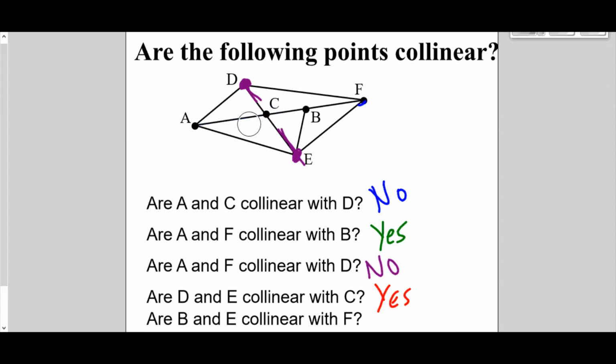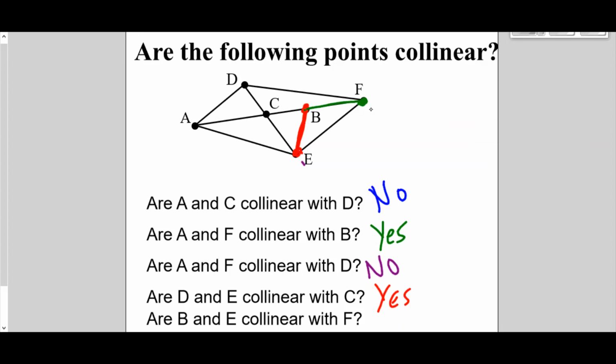So again, I'm going to erase what I have here. So B and E. So here's line BE. So here's B, here's E. That's the line that's on both of those. And then here's point F. Notice B and E both are not collinear with F because B lines are on the same line with F,